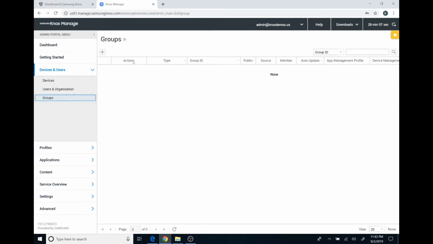Left hand side under groups, hit the plus sign, and there's various types of groups that you can create. You can sync your groups from Active Directory, which is very helpful, or you can create groups on your own. There's profile groups and there's general groups. This is a great example of something where I would suggest taking a look at the documentation,